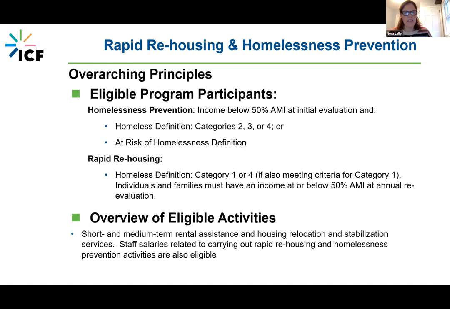So the staff salaries and costs of supplies, anything that is related to carrying out rapid rehousing and homelessness prevention is eligible under those activities, rather than a separate line item somewhere else.